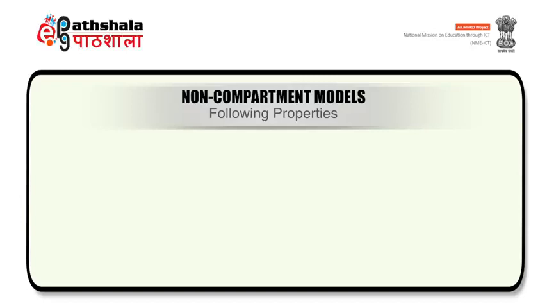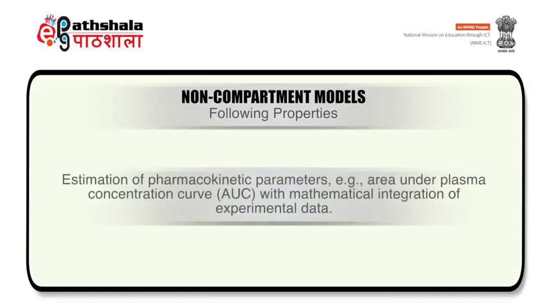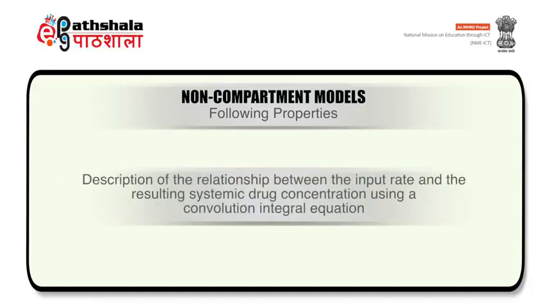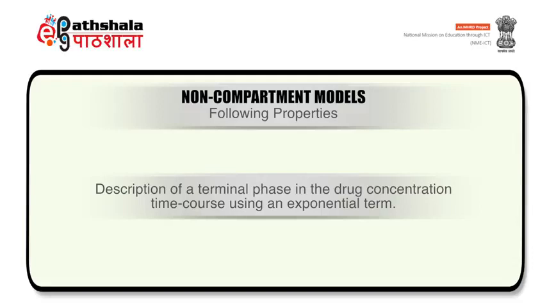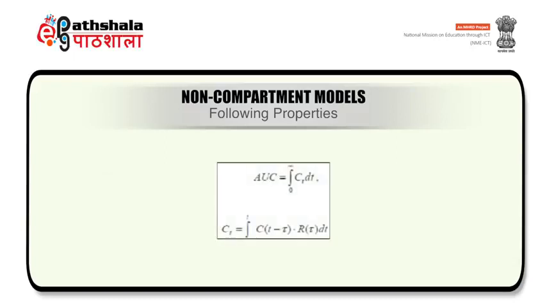Non-compartment models are based on the following properties. Number one, determination of pharmacokinetic parameters like area under the curve, that is AUC, in plasma; deriving the relationship between rate of drug input and concentration of the drug in systemic circulation; and describing the terminal phase in the drug concentration time profile using an exponential equation. The equation representing each property is given as AUC is the integral from 0 to infinity of C dt,